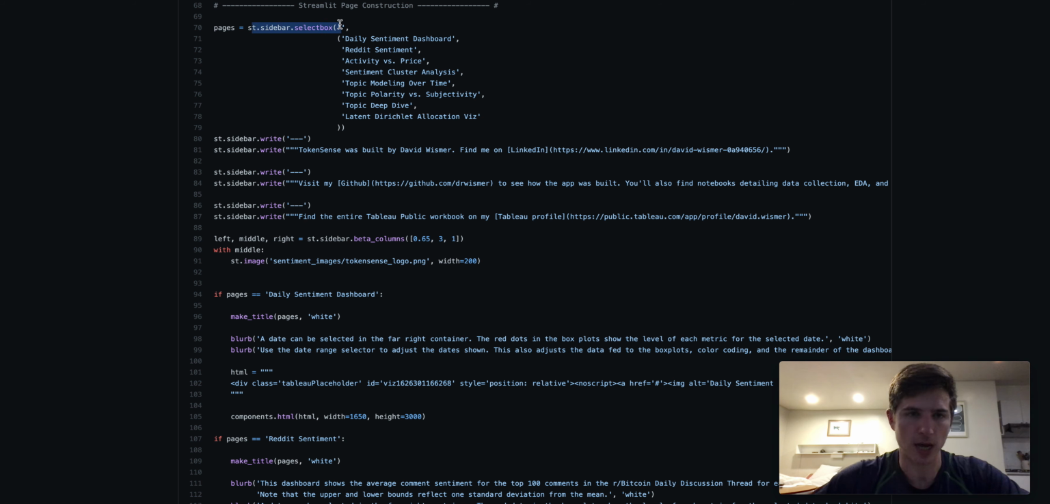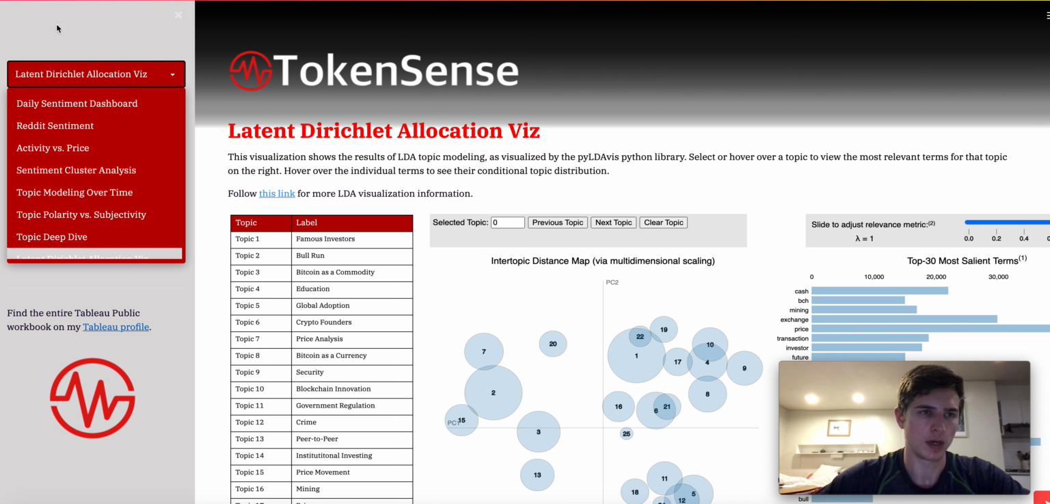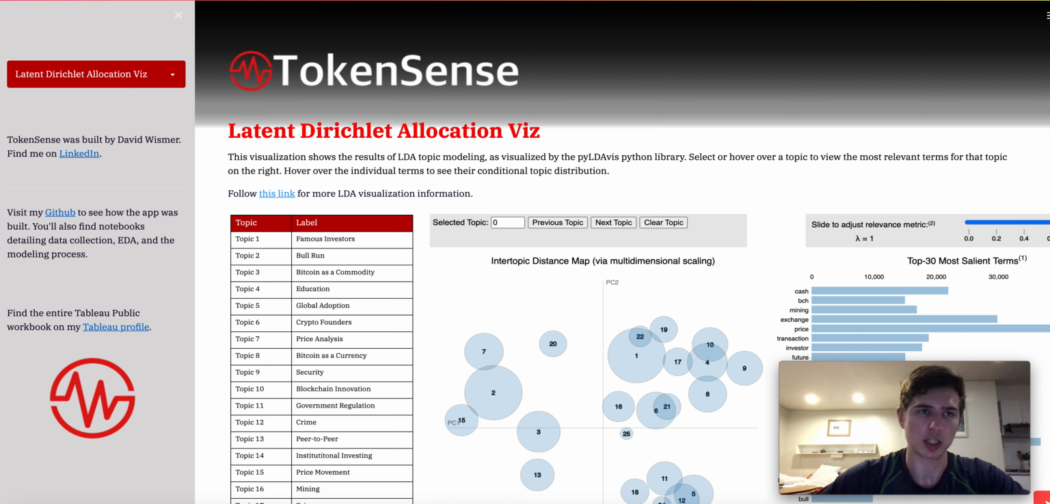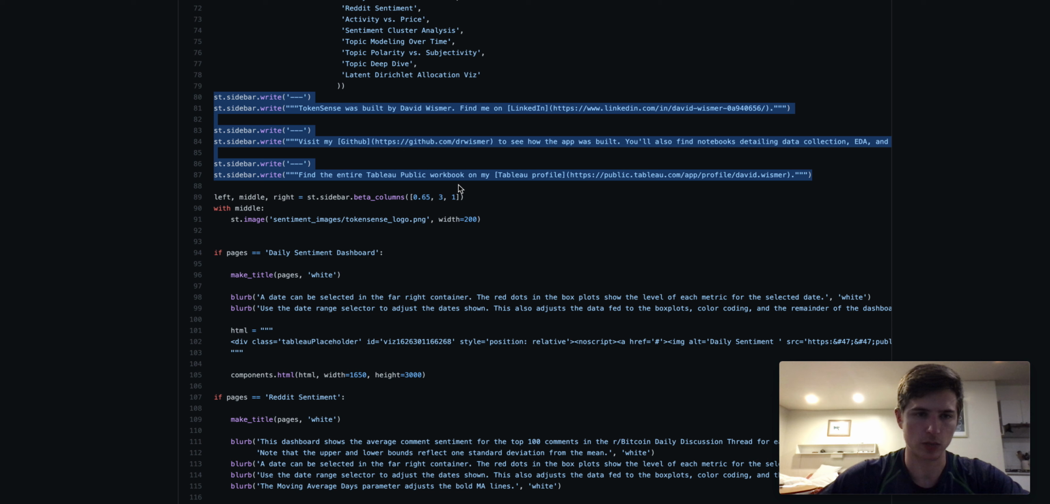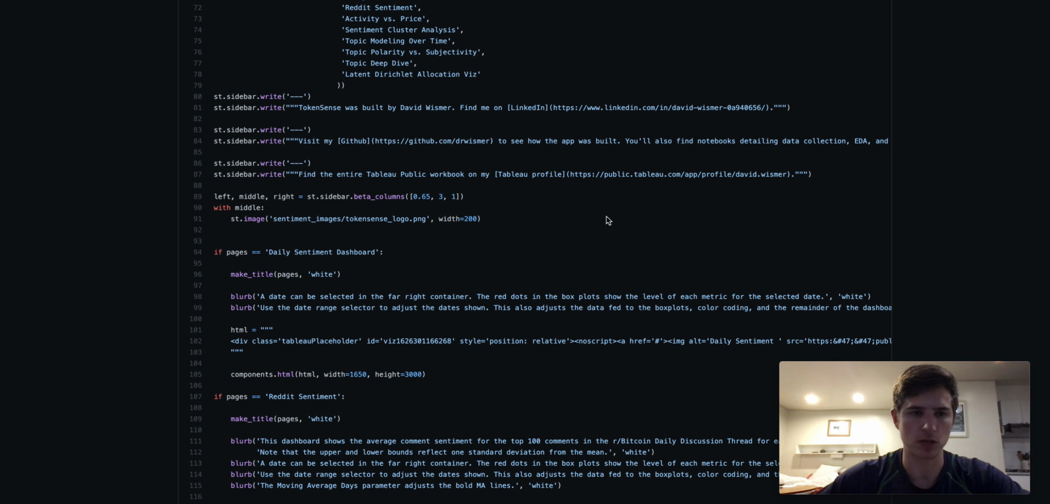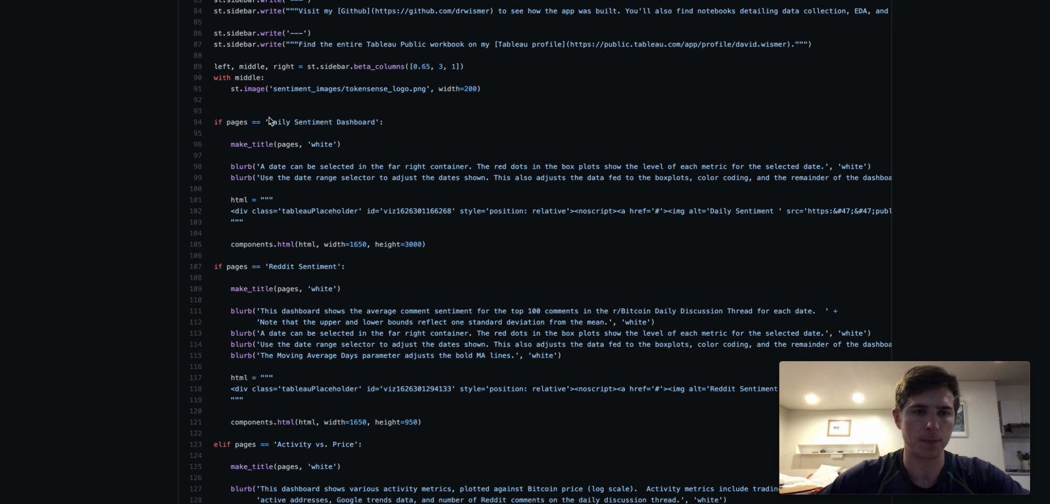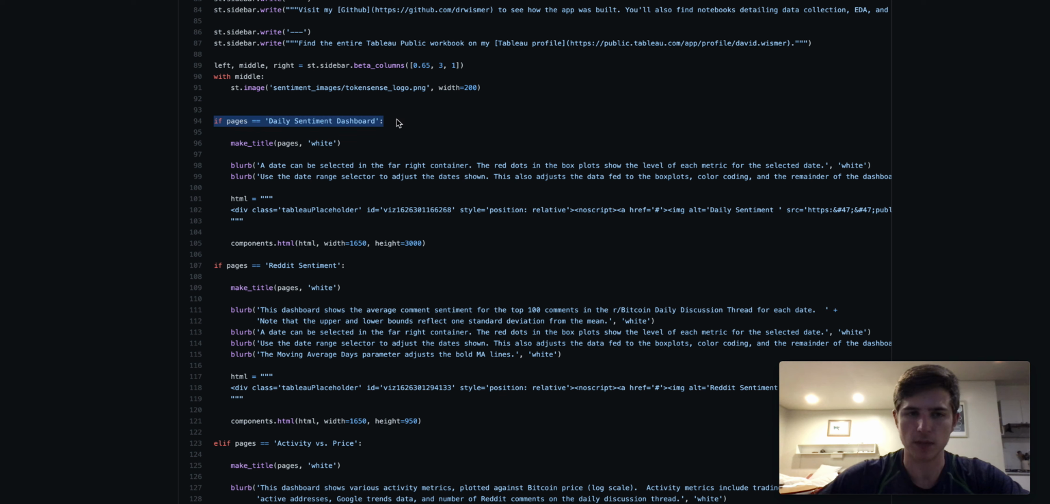So I create a sidebar, this select box. All you have to do is just make a variable and set it equal to this sidebar, and you can set your options. And that's what this is right here. It makes a sidebar, and it makes these options. And then in order to actually use these options, and by the way, this is continuing to do things within the sidebar, just kind of writing some information, and then here you just write little if statements. So if that variable that we set is equal to daily sentiment dashboard, well then